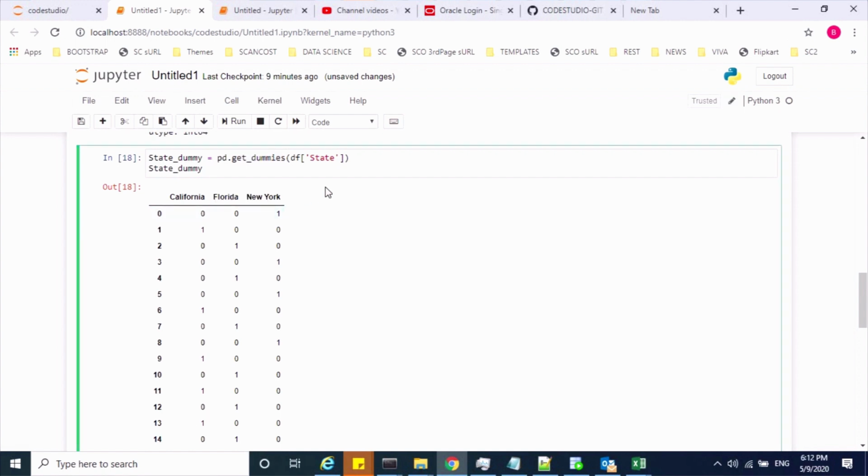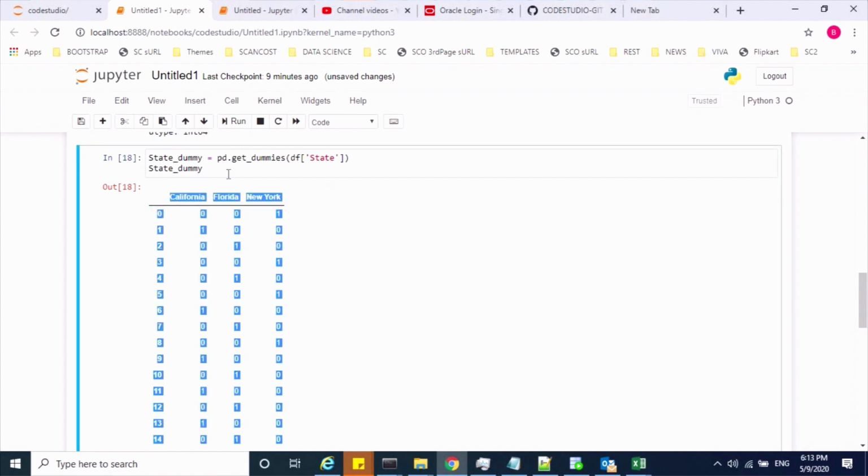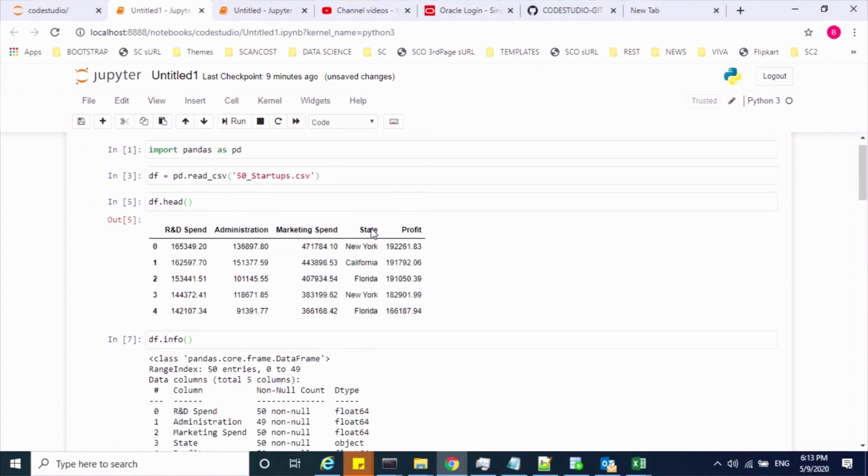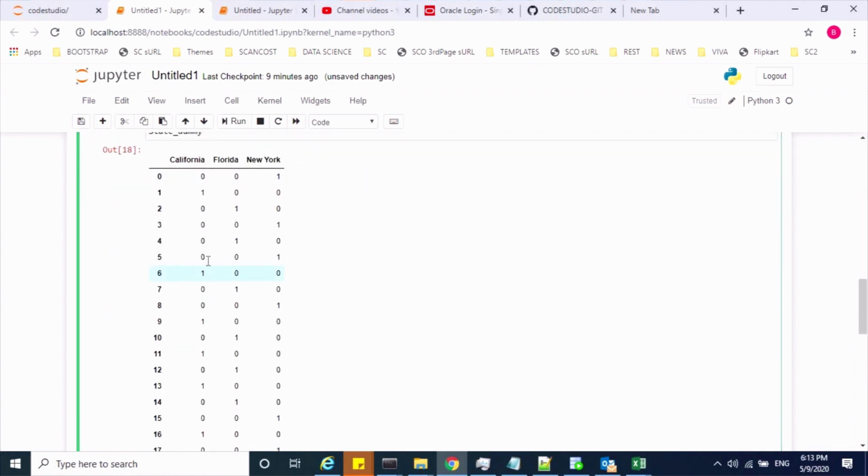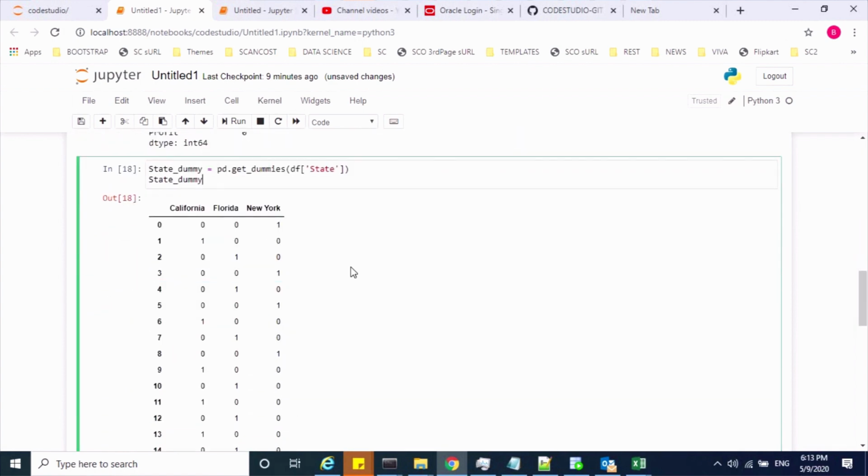Now I can concatenate these features with the data set, and I can drop the state feature because I already got the converted values, right? Before that, if I concatenate these state dummies features with the data set, one issue occurs. We call it the dummy variable trap.